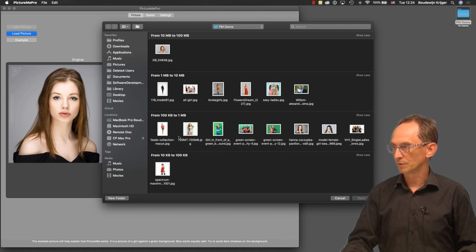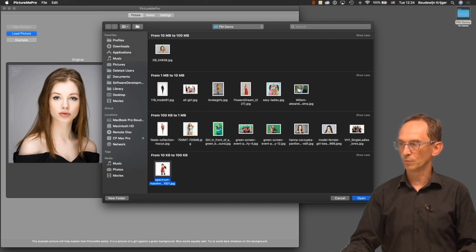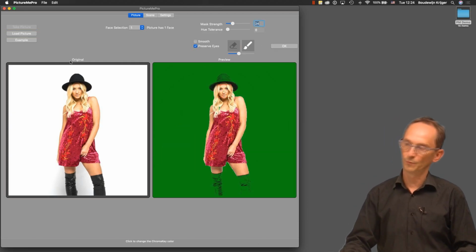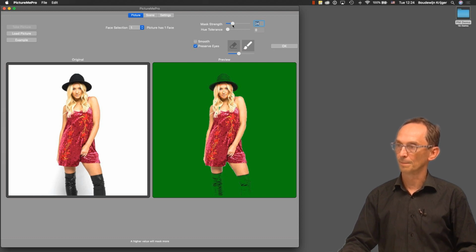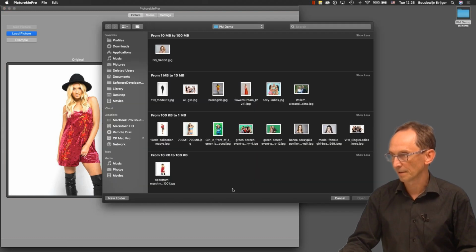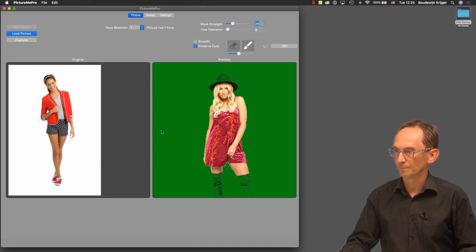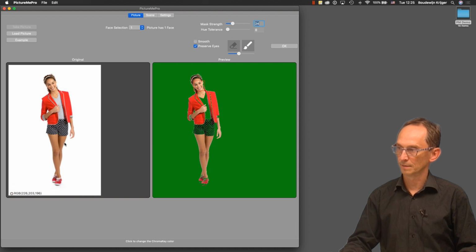I think I've shown most of them. Of course, the ones that are pretty easy are the ones that have a white backdrop already. So this one, for instance, this one's already pretty evenly white. This is overexposed, so it's not difficult to key out. I don't think I've done this one. So this one is pretty much white, and the only thing I need to do is bring back